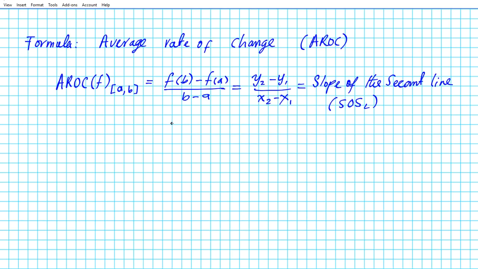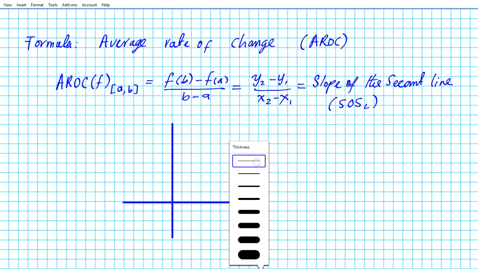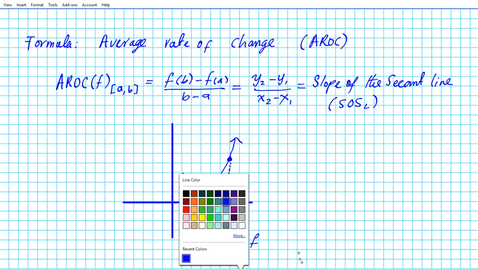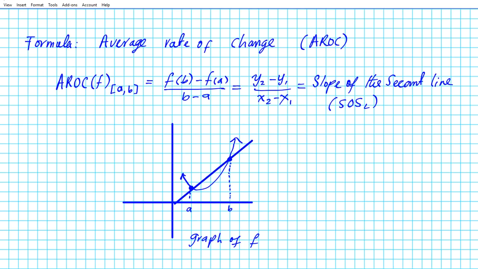So let's say we have a coordinate system and some random function. Let's say this is the graph of f, and f is something like this. Then we have an interval. We're going from a to b, so this is a right here. Let's say we're asked to find the average rate of change of this function from a to b. If you want to resolve this problem graphically, all you simply have to do is draw your secant line through these 2 points and calculate the slope of this secant line,